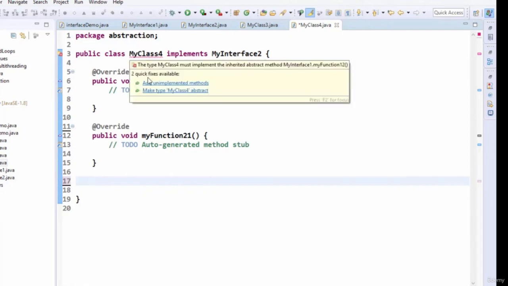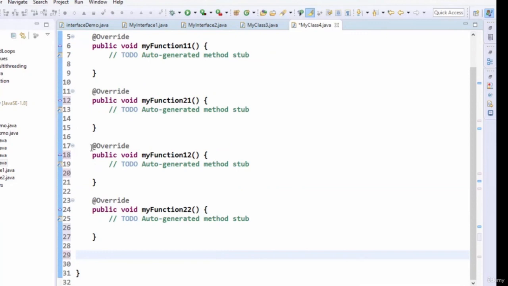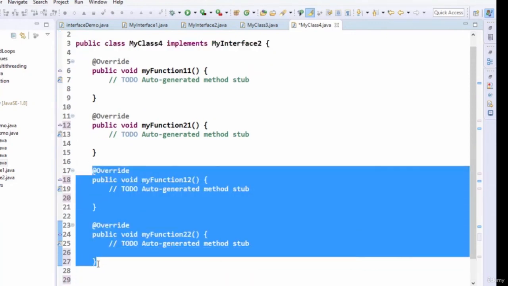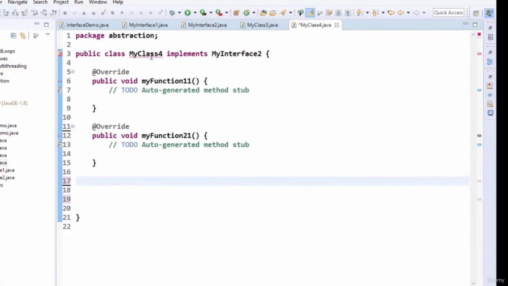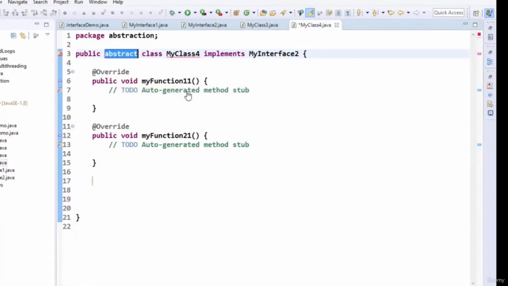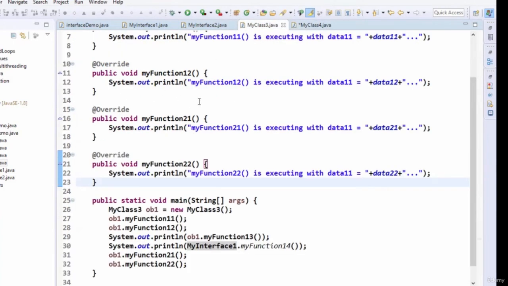Then what is happening? Add unimplemented methods. So session number 1, if I click, then those methods which I didn't implement, the respective bodies are coming. Otherwise, another option was there, that is make type my class 4 abstract. As we are having some methods unimplemented, the bodies we are not writing here, I'm supposed to make the class abstract. So the abstract keyword has come and the red lines have gone out. So now let me go for